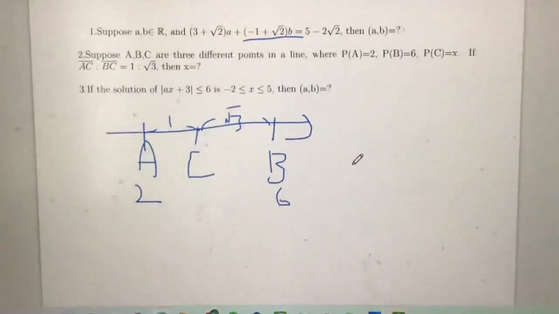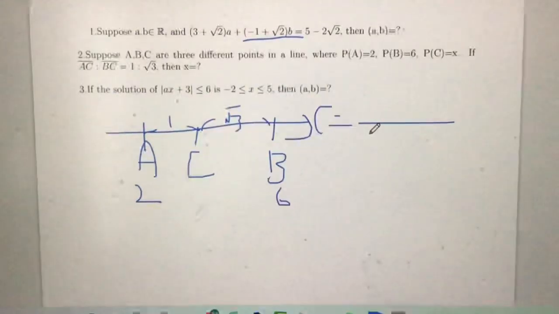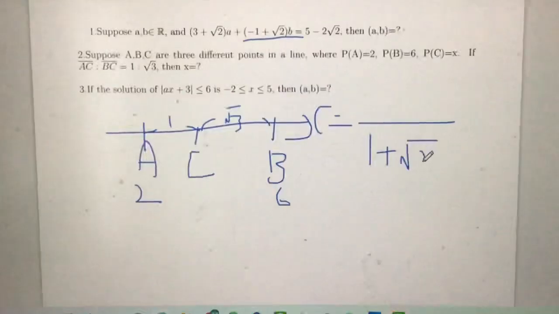So in this case, we just compute by section formula. So C will equal, the denominator will be 1 plus square root 3. So this is the denominator. For the numerator,